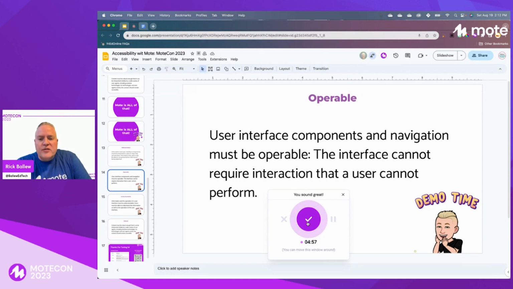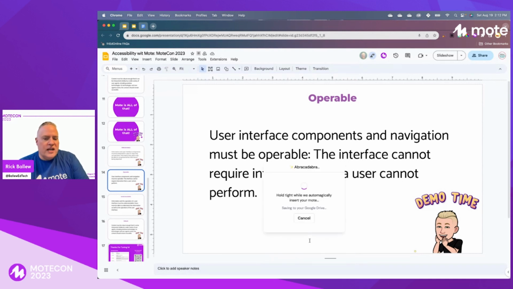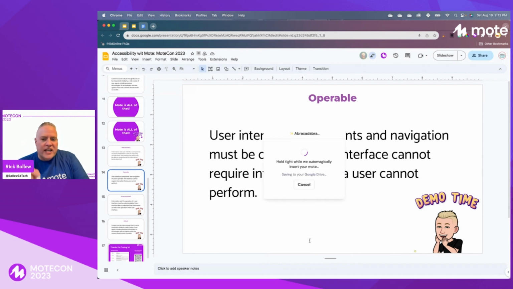Operable. User interface components and navigation must be operable. The interface cannot require interaction that a user cannot perform. So now it is right there. I click insert and it's going to auto-magically, love that word because it's true, auto-magically insert it into my deck,